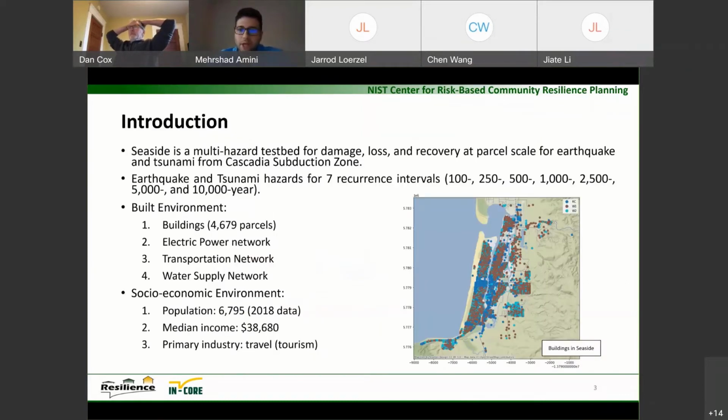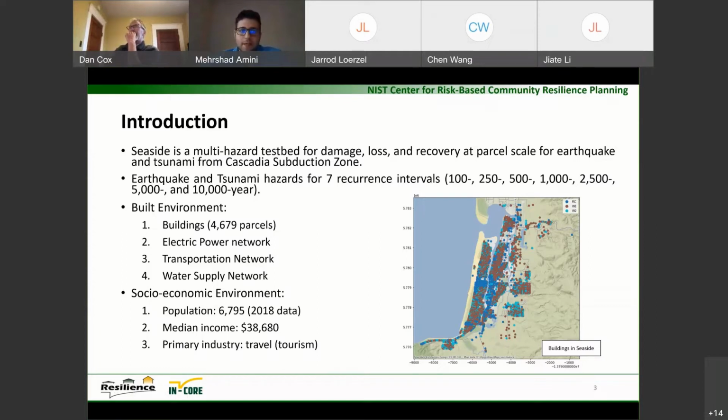As a quick introduction, I'm sure everyone is familiar with Seaside. Seaside is a multi-hazard testbed for damage, loss, and recovery for earthquake, tsunami, and combined hazard. In INCORE, we have earthquake and tsunami hazard for 7 recurrence intervals, 100 to 10,000 years. In terms of the built environment, we have good information about the buildings, electrical power network, transportation, and water